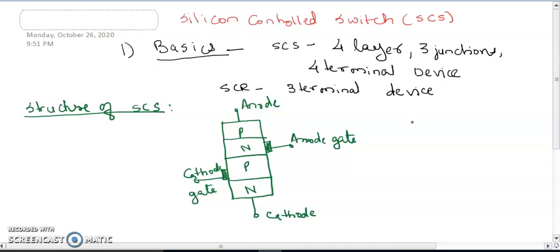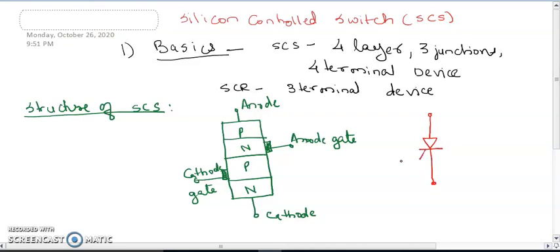Now proceeding further to the working, I will first show you the symbol of SCS. Here I will first draw it just like an SCR. We have said it is similar to SCR.